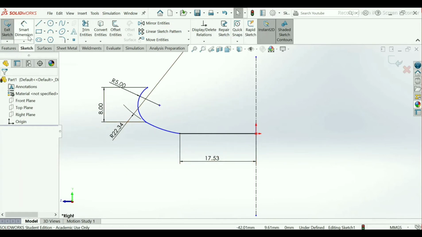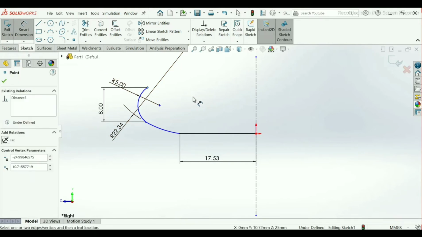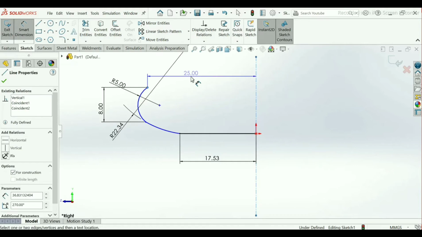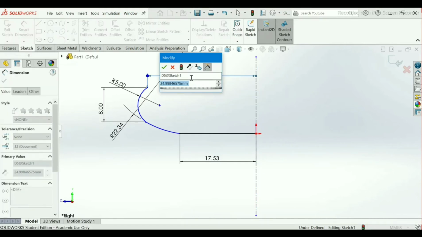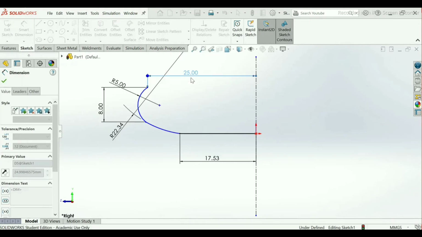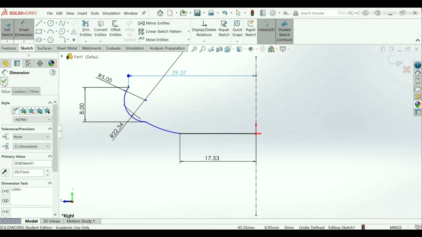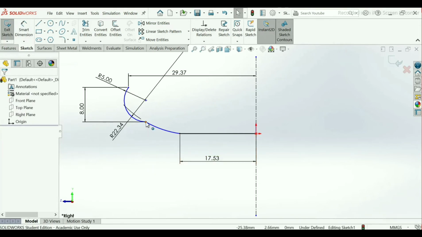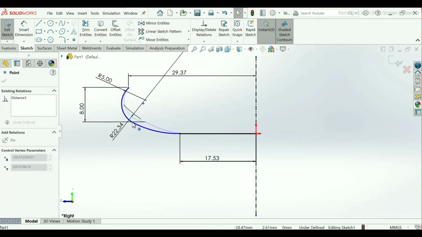Now here again one dimension is left that we will give. Select this point and this center line. Make here 29.37 mm distance. OK. Adjust this properly.